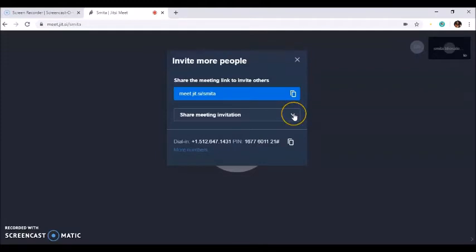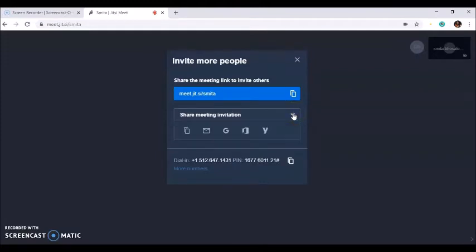You can also share your meeting invitation by means of your default mail, Google or Gmail, Outlook mail, or even Yahoo mail. So you can simply copy the invitation and send it through Google, Outlook or Yahoo mail. So this is how you can invite people.